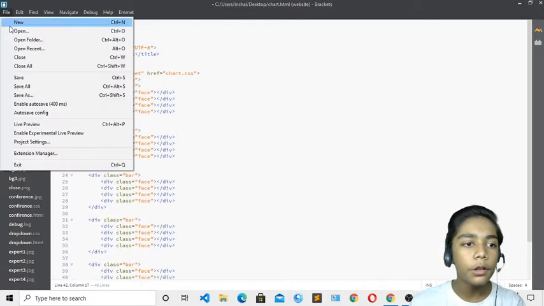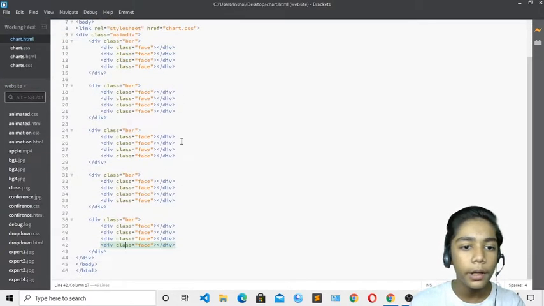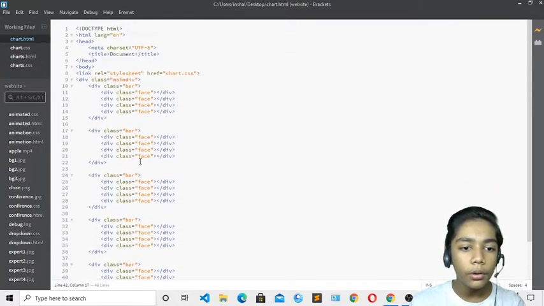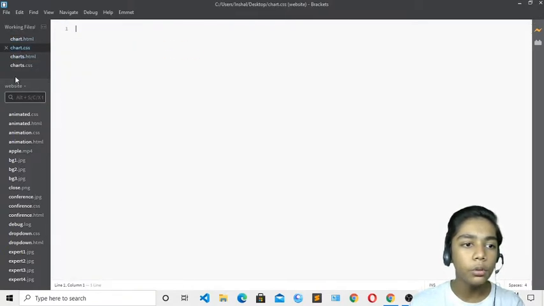Over here I will first of all save that. Okay, it should be saved, and it is looking good. You just have to not change any class of the second, third, fourth or fifth bar. These should all be the same, because we have to change the color, and we will do that later on.